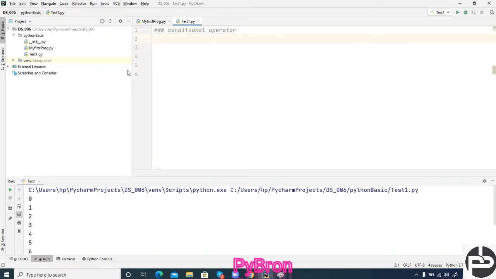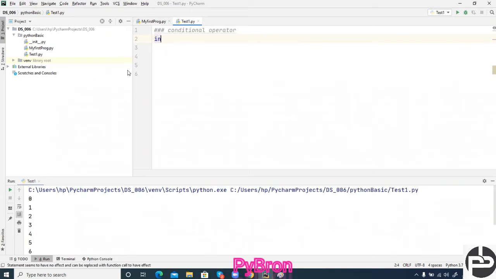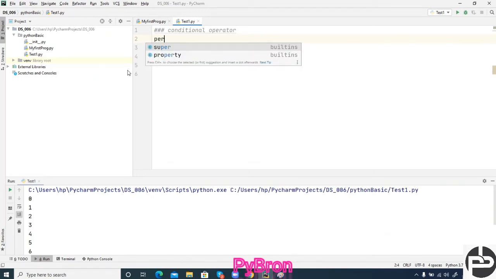Now let's see what I'm going to do. You have to ask the user, hey user, what is your percentage? Means input: enter your percentage.